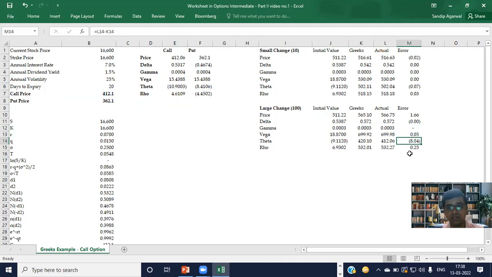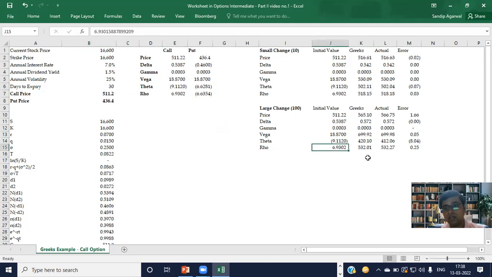So you can see here the difference between the values is 8 rupees. So it is a bit significant, but it again gives you a fair idea of how the option prices will become in case we are moving 10 days ahead in the expiry, considering the other option greeks, which are delta, gamma, vega, and rho, remain constant. So we again move it to the original value of 30 days.